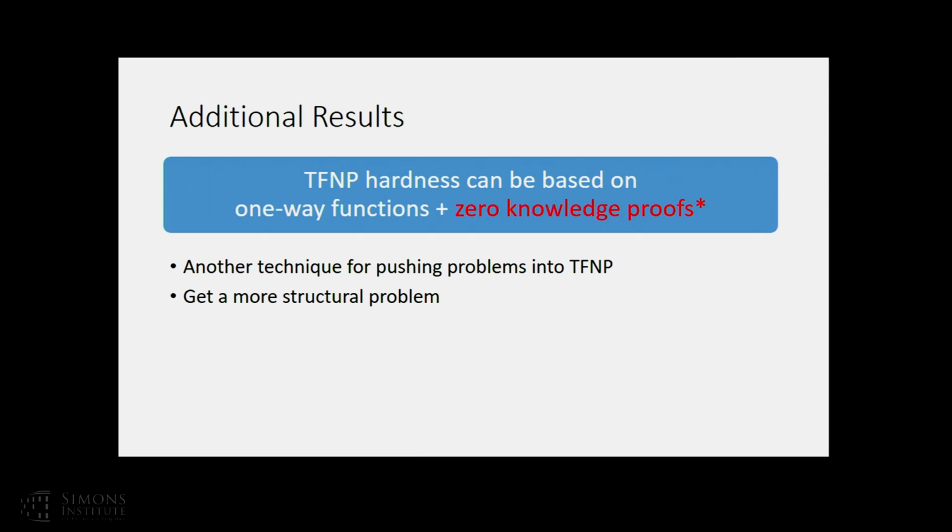But you know the solution. So you want to tell the person there is a solution here, but this is TFNP, there's no promise. So we want to prove that there is a solution. One way is just to put the solution there, and then it's in TFNP, but then it's not a hard problem. So you have to somehow prove that there is a solution without telling the solution, and that's how zero-knowledge proofs